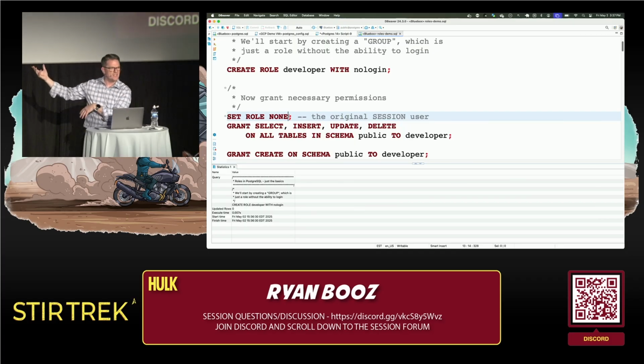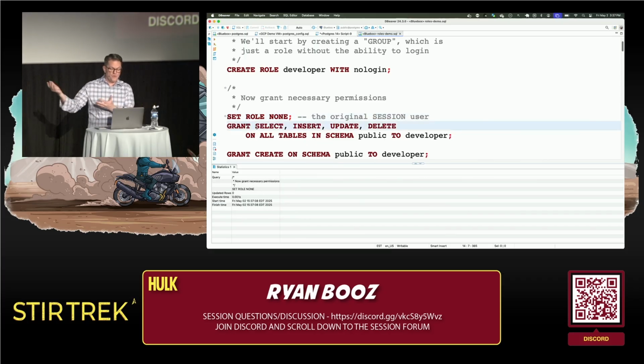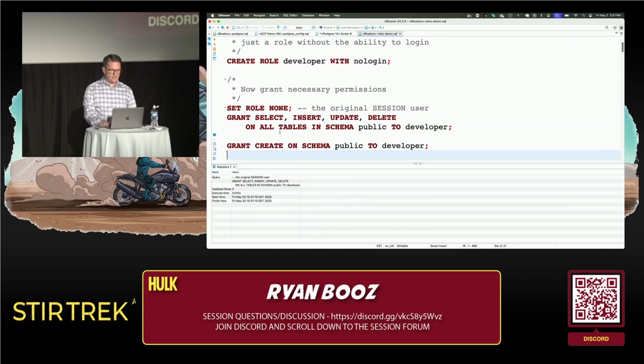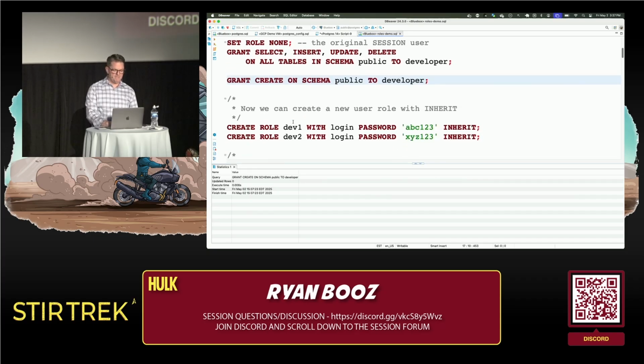In this case, Postgres, which is a super user. So I'm just doing that to make sure that I'm a super user. The super user or my super user-like role can grant privileges. And so I'm going to grant select, insert, update, delete to that developer role on schema public. And I'm also going to allow them to create objects on schema public.